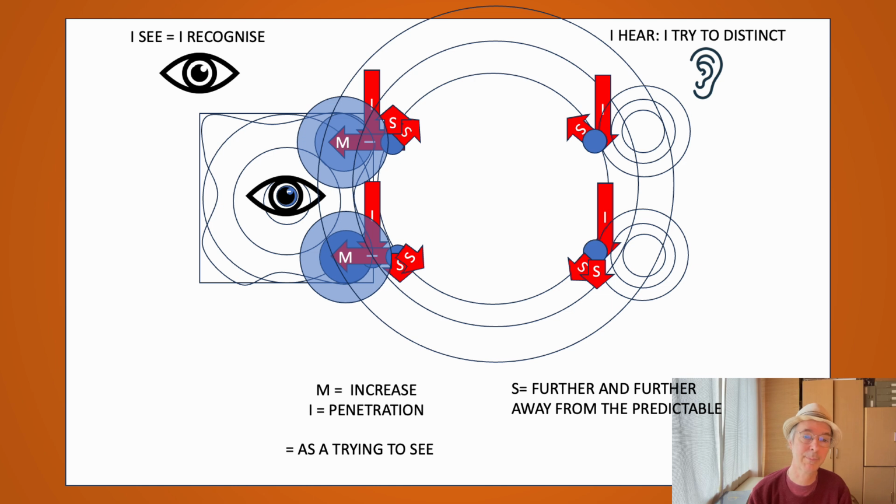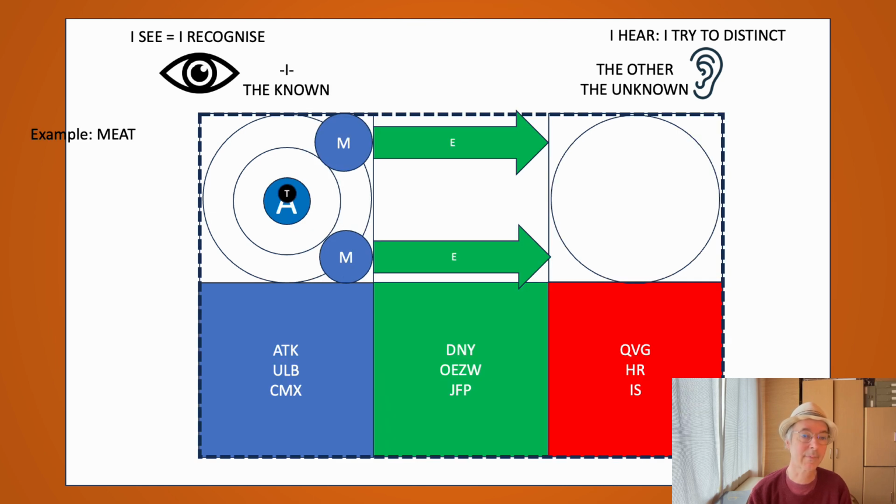Let's go now to the word "meet" and look at a different way of how this has been written. Also there, the M is the starting point, the E is the extension. Actually, the sound that you hear is also about inserting something new. So you try to distinguish something that is developing as a new thing. The M is the starting point, the E is the extension, the A is the physical thing, and